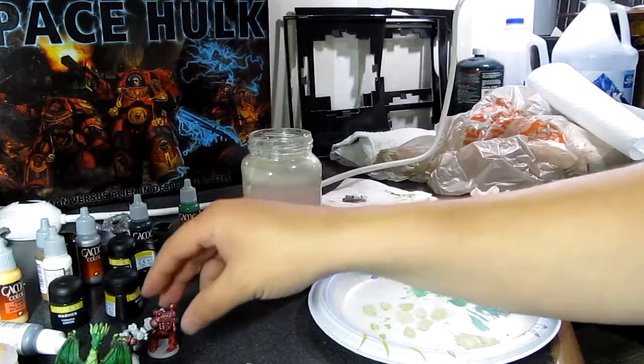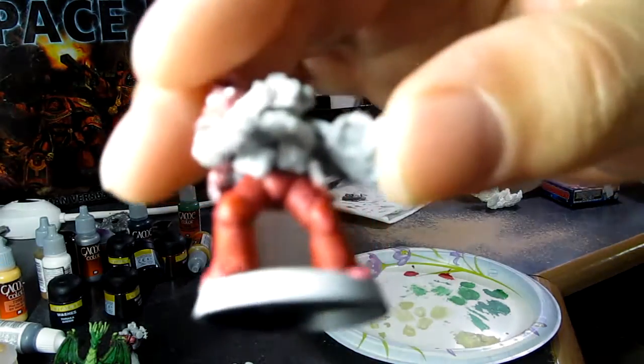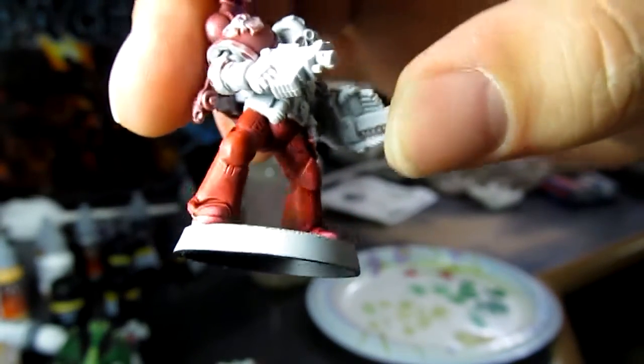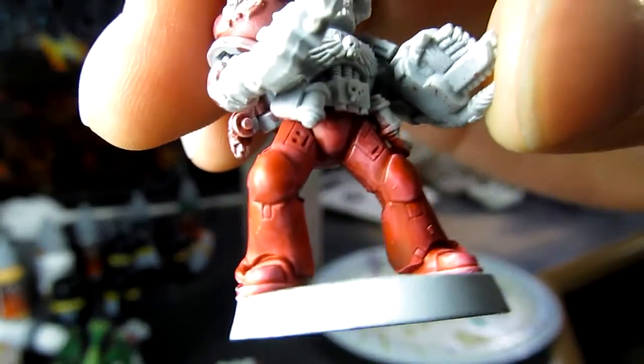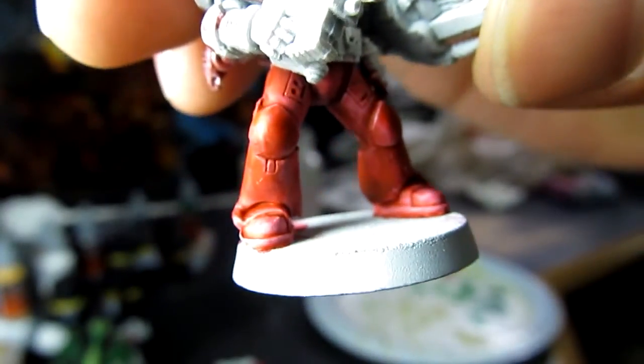So to show off the washed legs with the transparency over them. Simply put, there you go. And also, I want to take note, I'm hoping that the color looks better